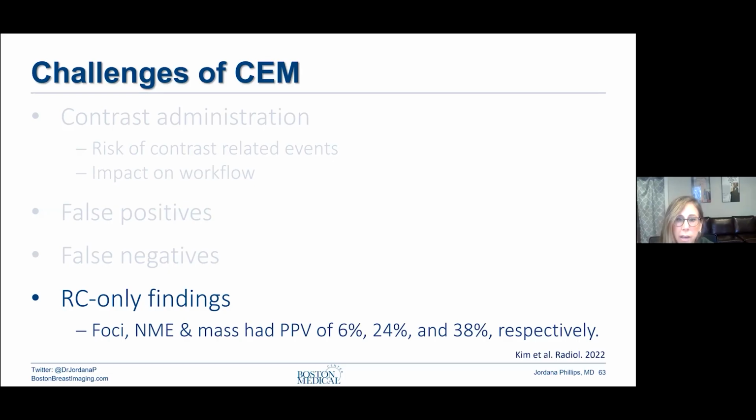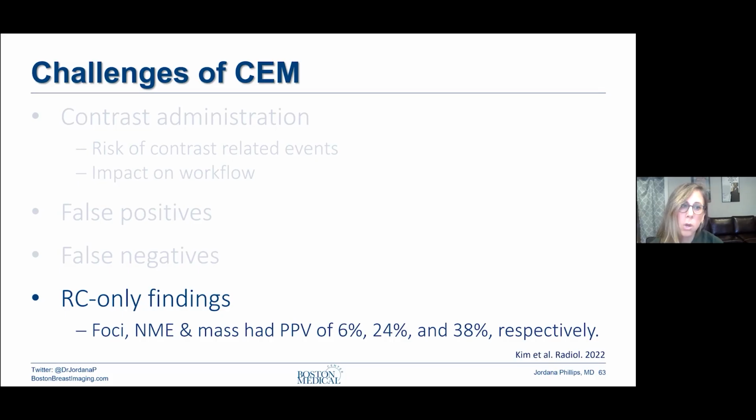Well, if you don't have that, you can do an ultrasound and see if you have a target for ultrasound-guided core biopsy. But if you don't have that, then what do you do? We used to send these patients to MRI to do an MRI biopsy. Now with contrast enhanced mammo biopsy, you can do that, but you have to know how you're going to navigate